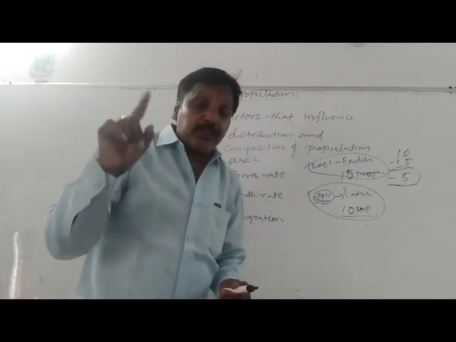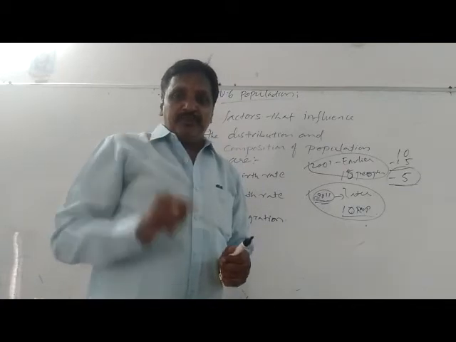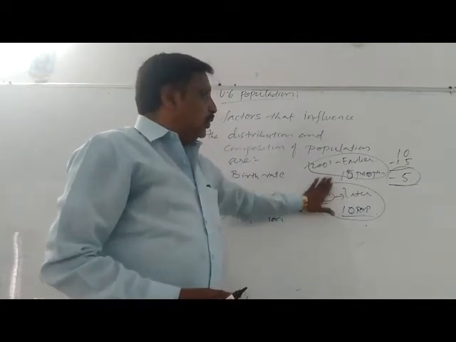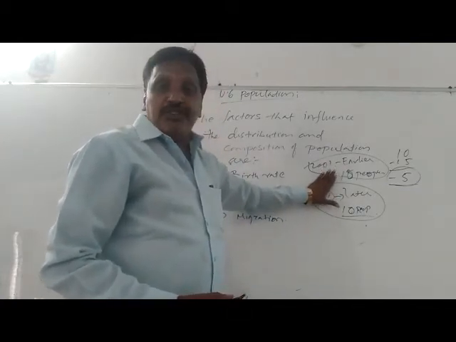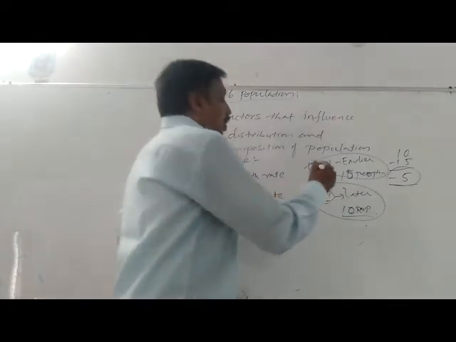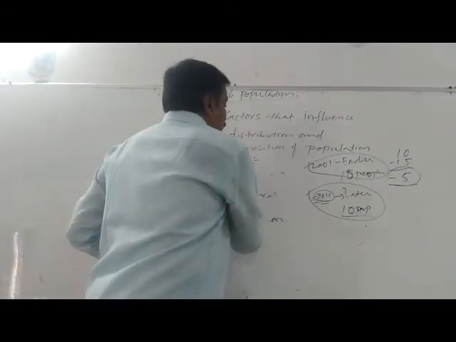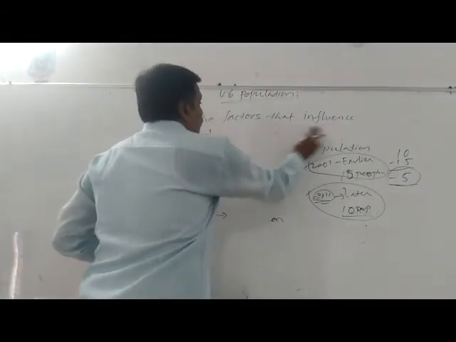So population change is expressed in absolute numbers, whereas population growth is expressed in percentage. That also I will explain. Before that, how to know about the population change? There is a simple equation. Already I said, what did I say? Is that understood? Population change.